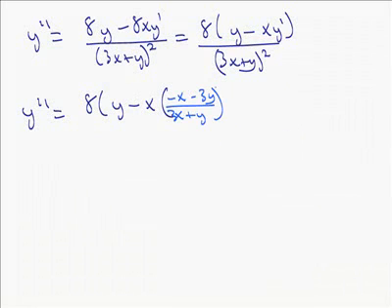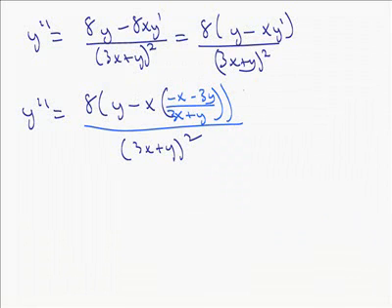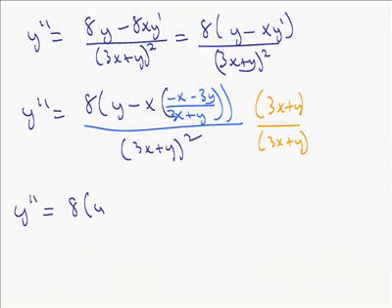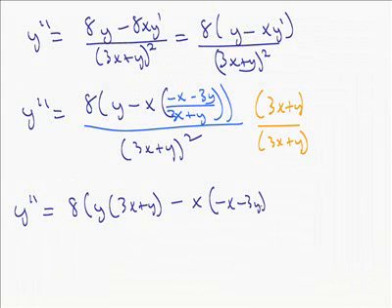Okay, and then all that divided by 3x plus y quantity squared. Now I'm going to get rid of that denominator, so I'm going to multiply both top and bottom by 3x plus y. That'll just give me a 3x plus y cubed in our denominator here, but I'll get, let's see, I'll get 8 times y times 3x plus y minus x times just a negative x minus 3y,